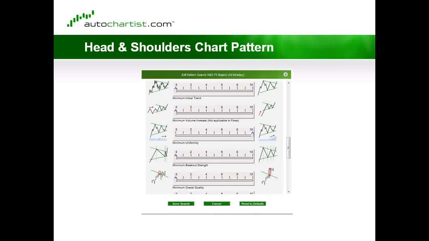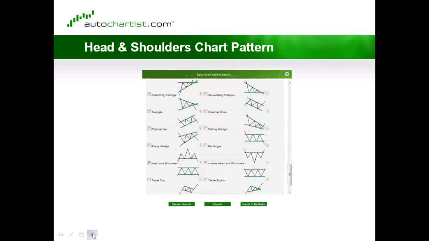So that's a critical step: first, set it up for a bear market, and then move along and set your quality indicators to help you in your particular search. As you move down this search section, you'll come to a pattern search. And usually when you open up the program to a new search, all these boxes are checked. So what you want to do is uncheck the boxes, and you'll end up with a head and shoulders pattern. That's the pattern we want to look at. So after that is selected, you want to make sure that you understand